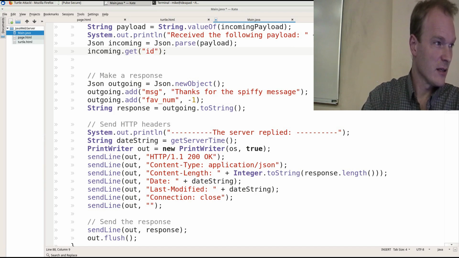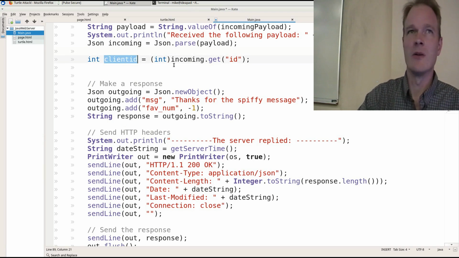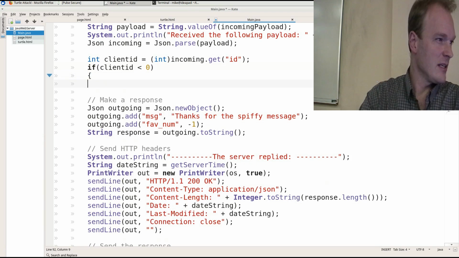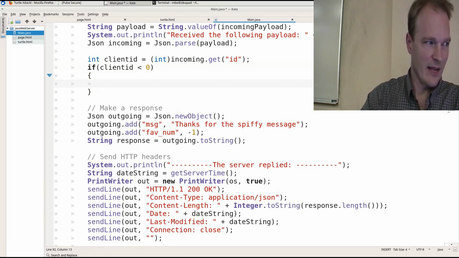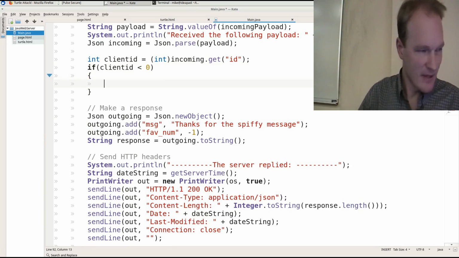incoming.get ID. Let's see, I think we write that int client ID is equal to int of incoming get ID. Is that how we write it? Somebody correct me if I'm wrong. I think that's how you extract an int from your JSON object. So I've got that client ID. I'll say here, if client ID is less than 0, that means, hey, this is a brand new client who needs a new ID. Then I'll say,